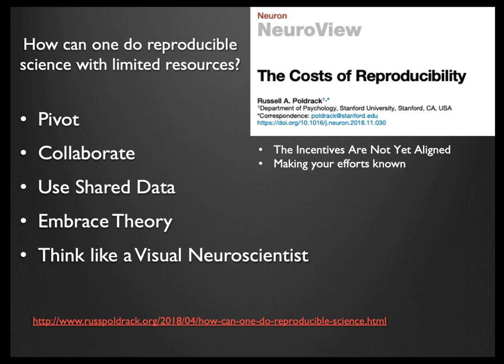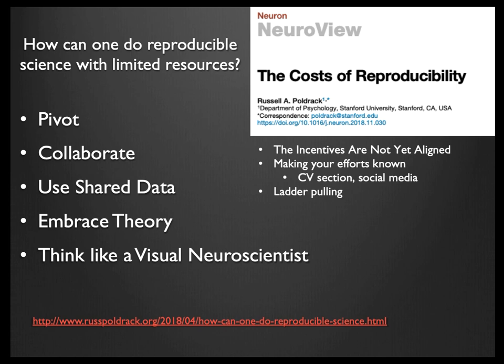He also advocates for making your efforts known. If you are doing these things, if you're making pre-registrations, if you're sharing your data, if you've got a lot of stuff on GitHub, let people know. You can have an entire section in your CV. I'm starting to see this more often than not, that there is basically an open science section where they say, here's this code, here's this tool, here's this database, or here's all these things that I've done and I have made freely available. Some of them might have DOIs, some of them may have been ignored, but you can still provide a list of the things that you've done. And I can say with some certainty that a program officer will look kindly on those. I don't know about tenure committees, but it certainly is becoming more important in programs.